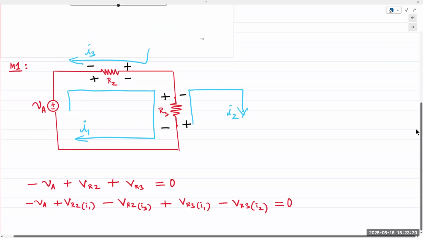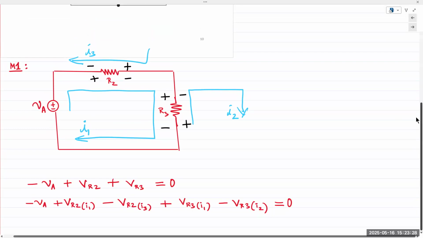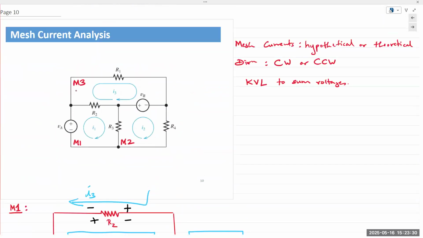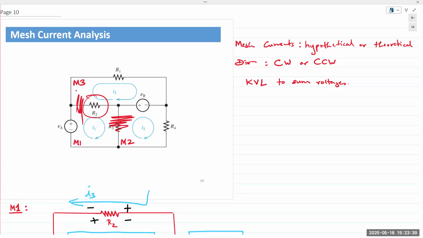The resistors R2 and R3 are in a shared branch, meaning that branch is shared between two meshes. R2 is shared between M1 and M3, right? R2 is shared between these two, and R3 is shared between these two. Make sense? So we say there are two mesh currents flowing in both of those resistors. But